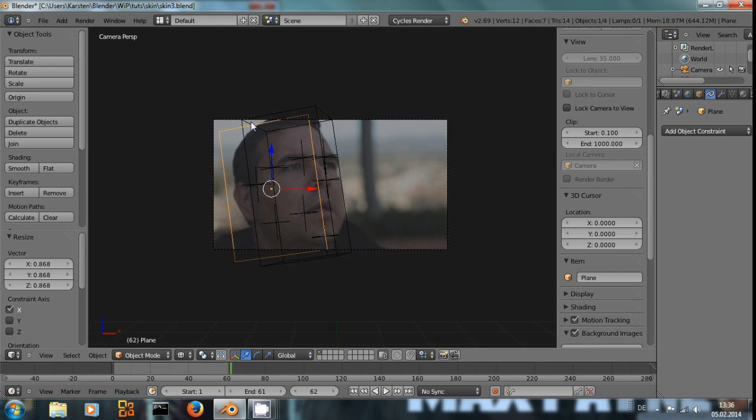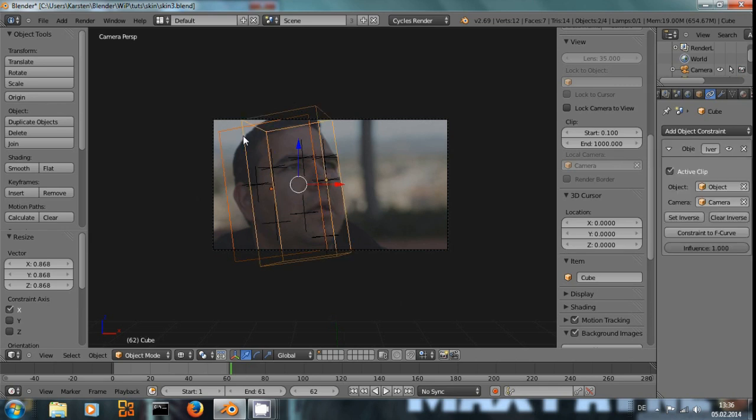This looks okay, and with the plane selected and shift right click on this cube, I parent the plane to our cube. The cube is aligned with his face, and now